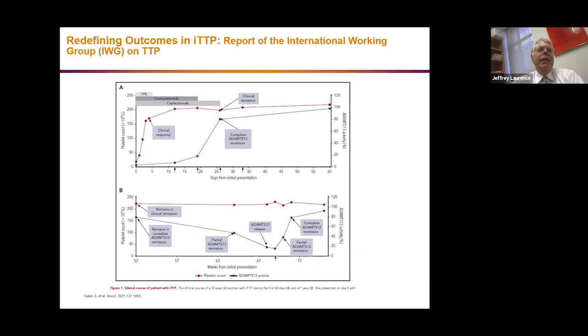And as you can see here on the top slide, the clinical response, based on patients no longer fatigued, having normal platelet counts, normal LDHs, normal haptoglobins, was very fast, happening within 3 to 4 days. But look at how long it took to get an ADAMTS13 greater than 20%. It took 25 days from presentation. And during that period of time, the patient is still undergoing presumably subclinical microvascular thrombosis in the brain and in the heart, which is presumably accounting for those longer-term sequelae.